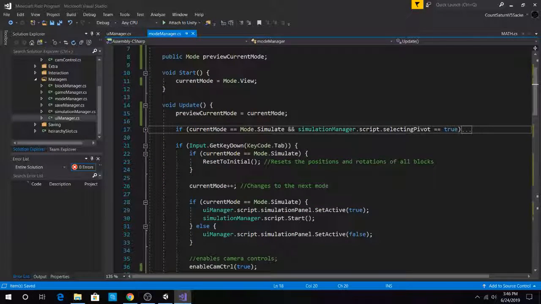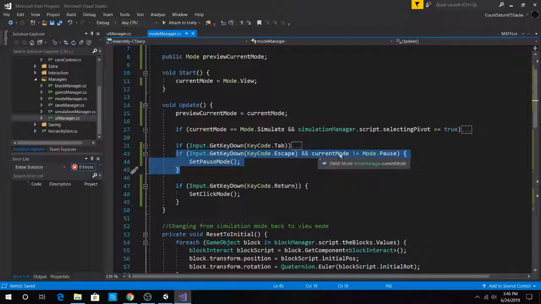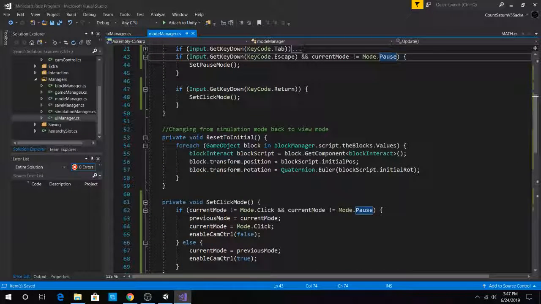Okay, if input.keycode get key down tab, we change to the next one, so we don't really need to look at that. However, if we press escape and the current mode is not equal to pause, if current mode does not equal mode.click and current mode does not equal mode.pause,